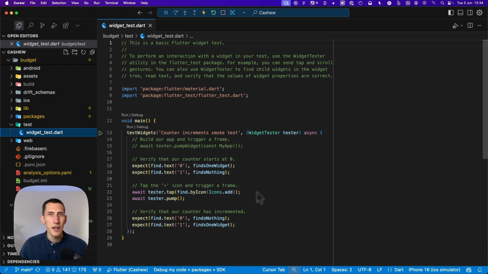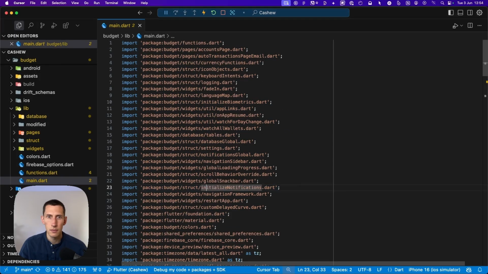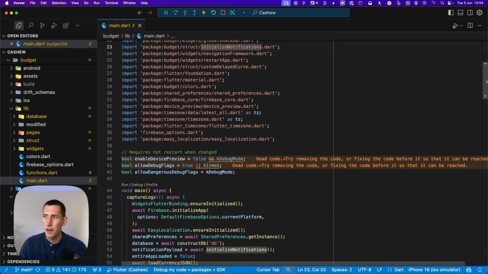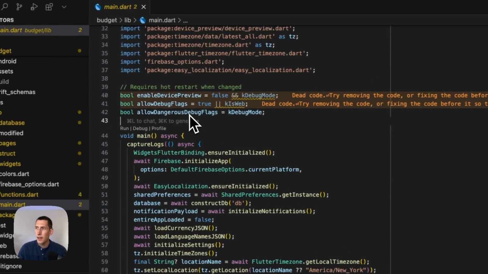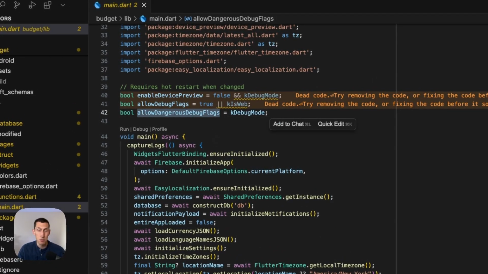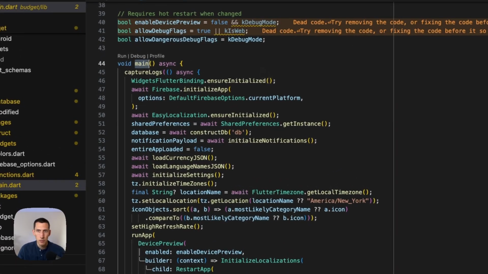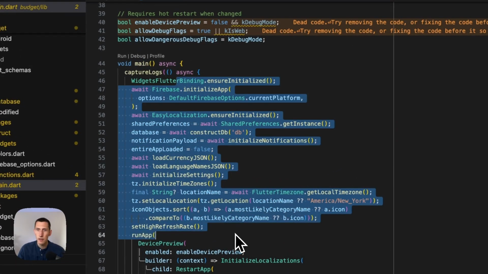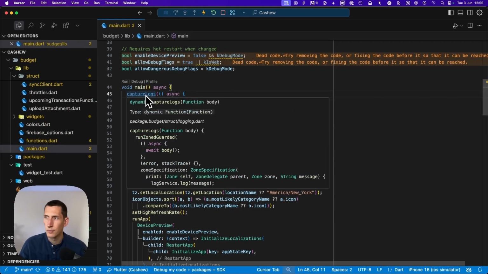Alright, so it's time to start our code journey, and a good place to start is the main.dart file. So let's scroll down past this rather long list of imports, and here we find some interesting global flags, like allowed dangerous debug flags. I wonder what these are for. And then comes the main method, which has a whole bunch of initialization logic wrapped inside a capture logs function. And inside it,